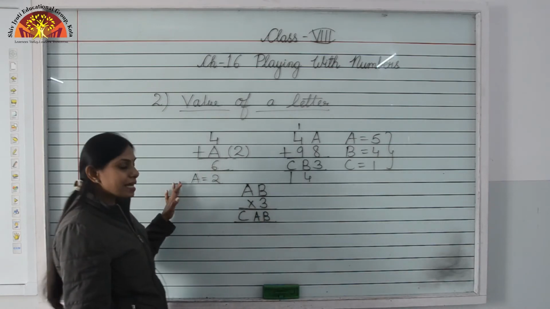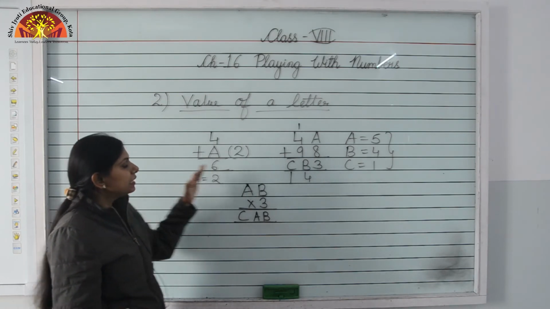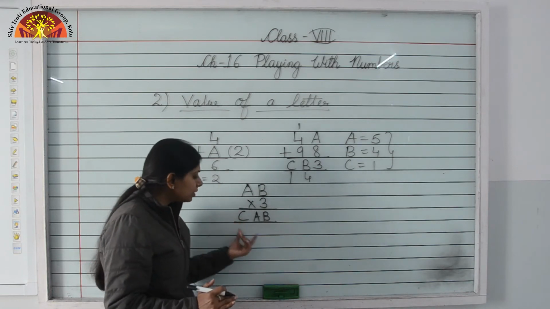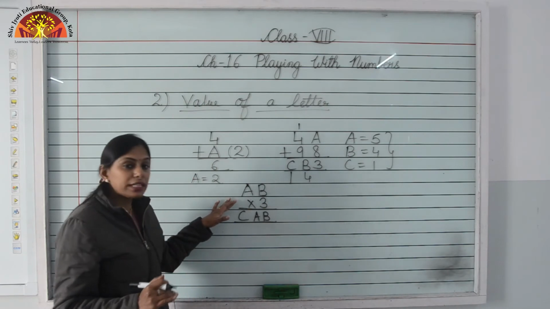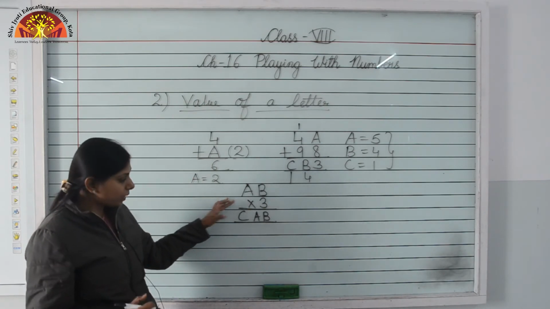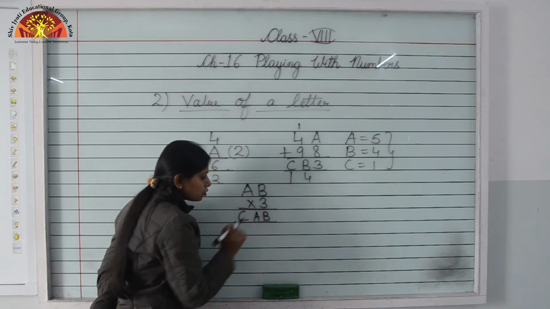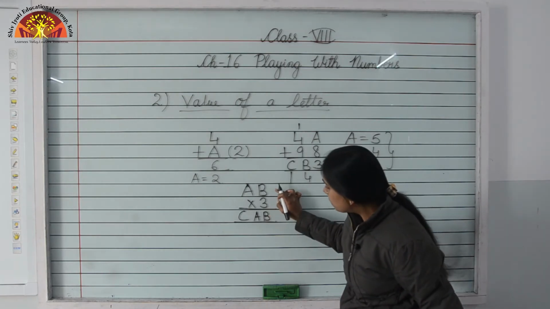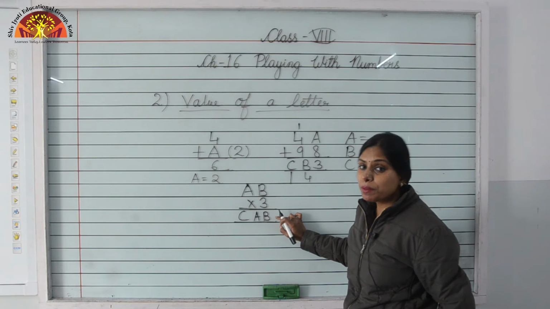In the last two examples, we have learned to find the value of a letter in the case of addition. But now we will learn how to find the value of a letter when the mathematical operation that we are using is of multiplication. Okay. Now you can see 3 into B and your answer should be B. मतलब हम 3 में ऐसा कौन सा नंबर मल्टीप्लाई करेंगे कि तब भी हमारा आंसर यहाँ पे क्या आना चाहिए, it should be B only.